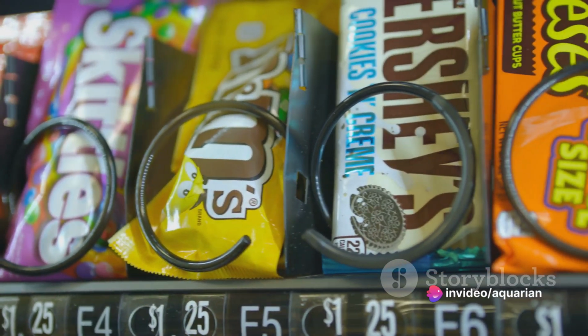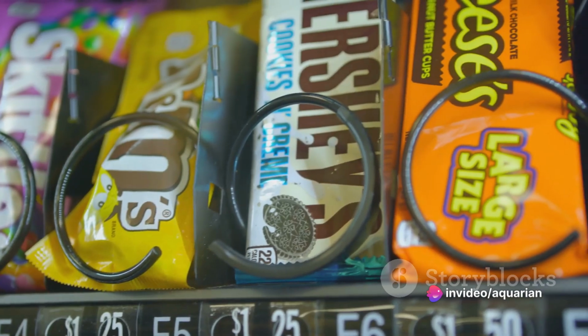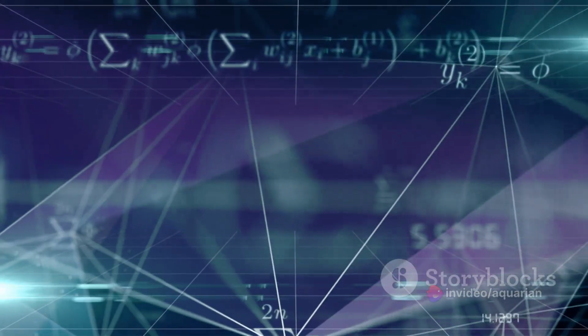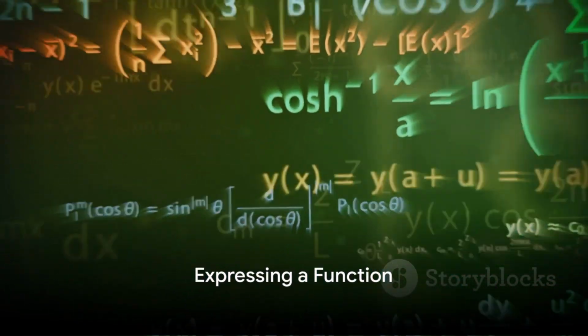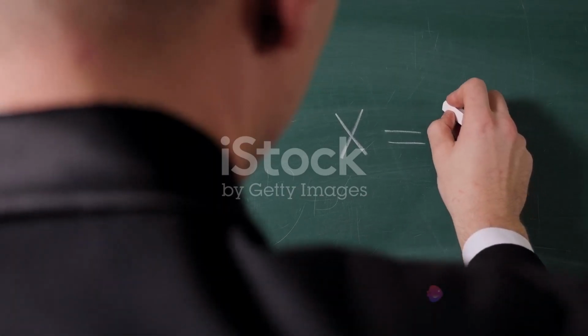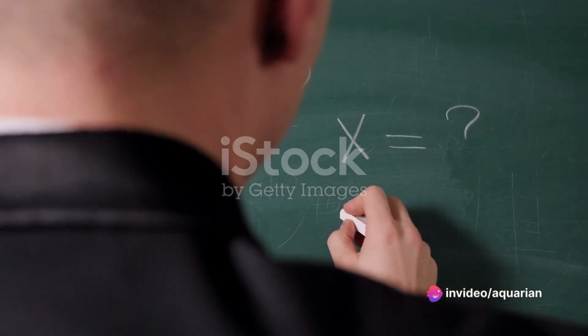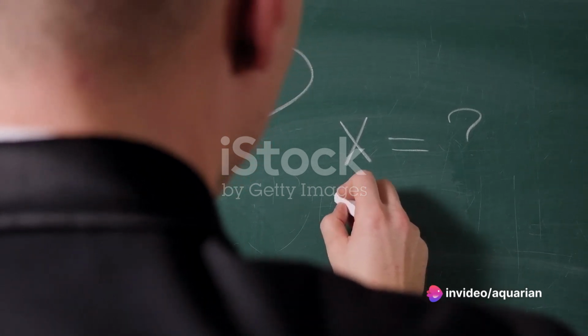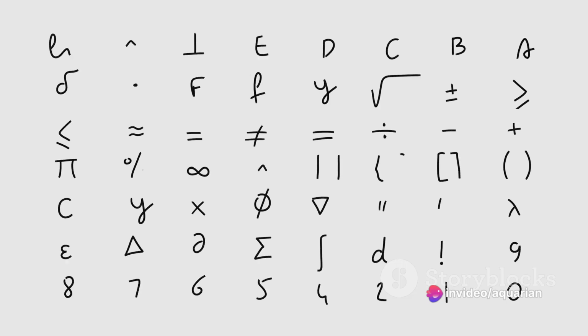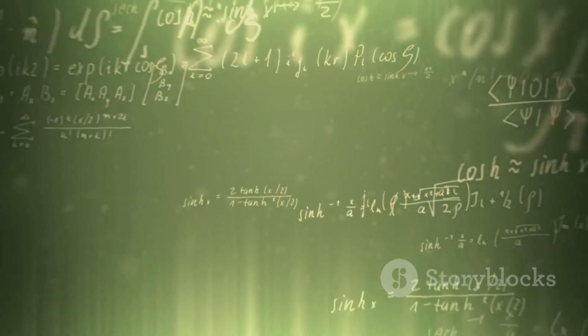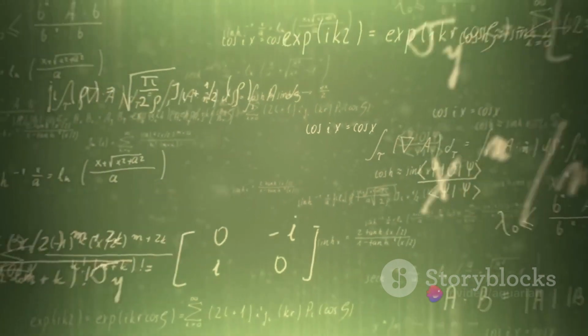Imagine a vending machine. For every coin or note you insert, you get a specific snack or drink. The same principle applies to functions. But how does one express a function? In mathematics, we usually represent a function as f(x), where f denotes the function and x is the input. The output, or the result of the function, is often represented as y. So, when we say y equals f of x, we mean the output y is determined by the function of